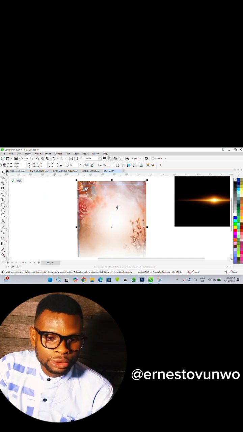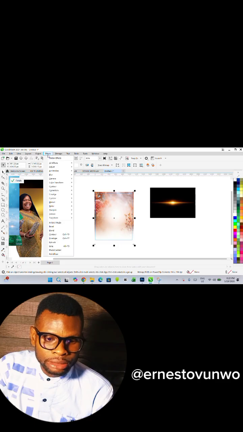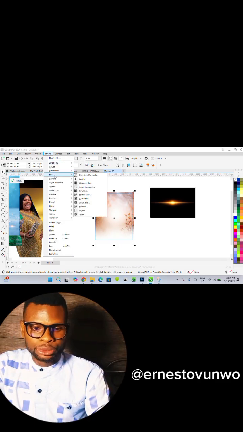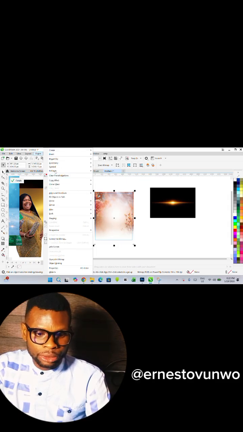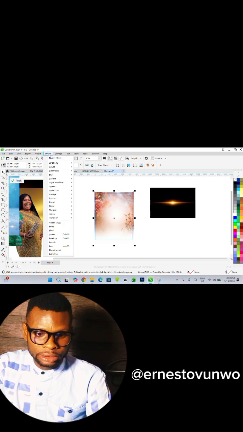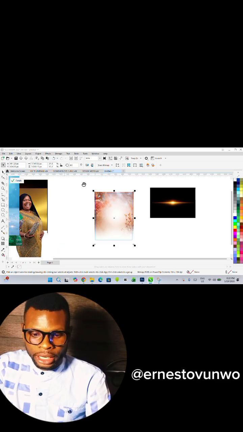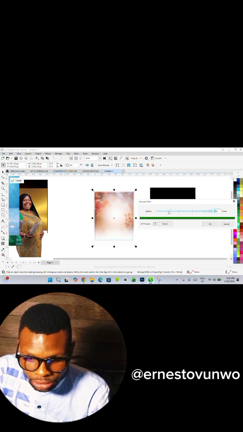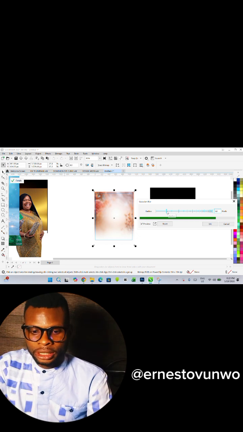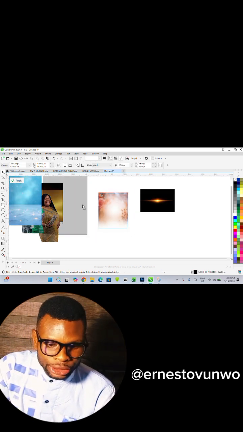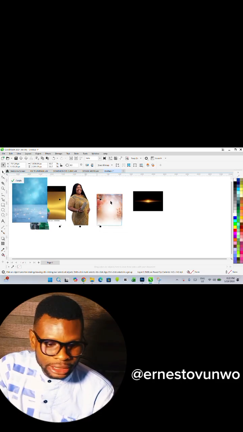before that I would want to blur this background a little bit. So I'll blur this background by going to effect and then go to blur. Let me go back. I click on it, go to effect and go to blur, go to Gaussian blur, and then blur it. I think this is cool. Let me see if I can increase a little bit so that the flower would show good. This is okay. I click OK,